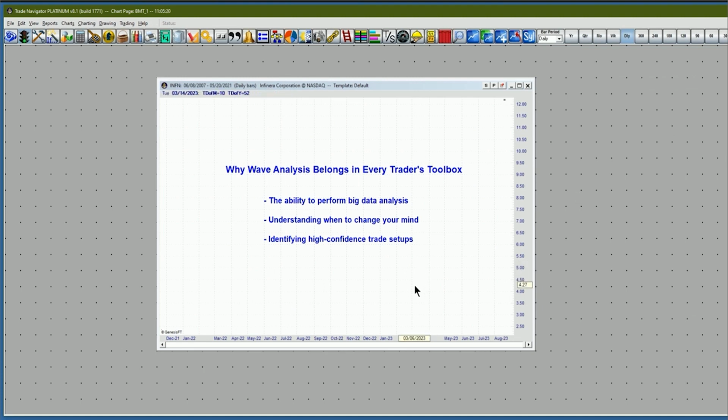Another thing that the wave principle allows me to do is be able to know when I'm wrong. Allows me to be able to say, okay, hey, I don't need to be looking up anymore, I need to be looking down. Or, hey, this trade's not going the way I think it is, I need to cut it loose. And the way the wave principle allows us to do that is by the rules and the guidelines that the wave principle offers. And then also, too, the high confidence trade setups,